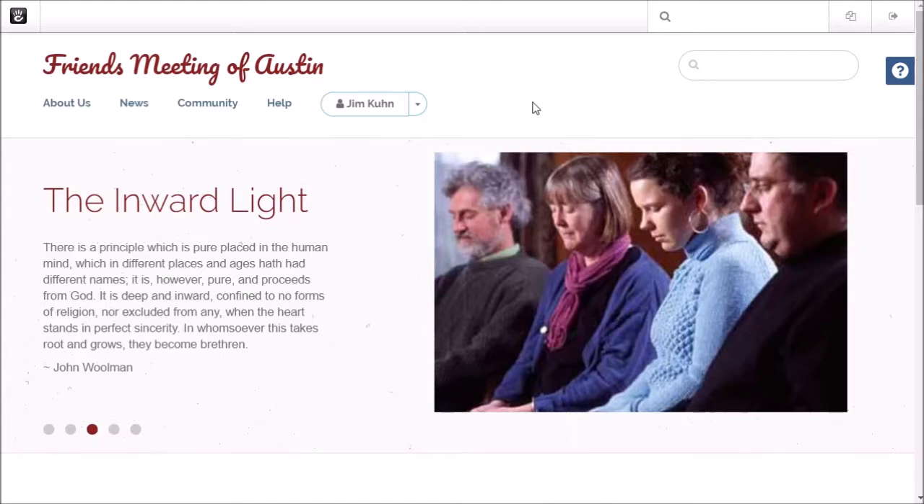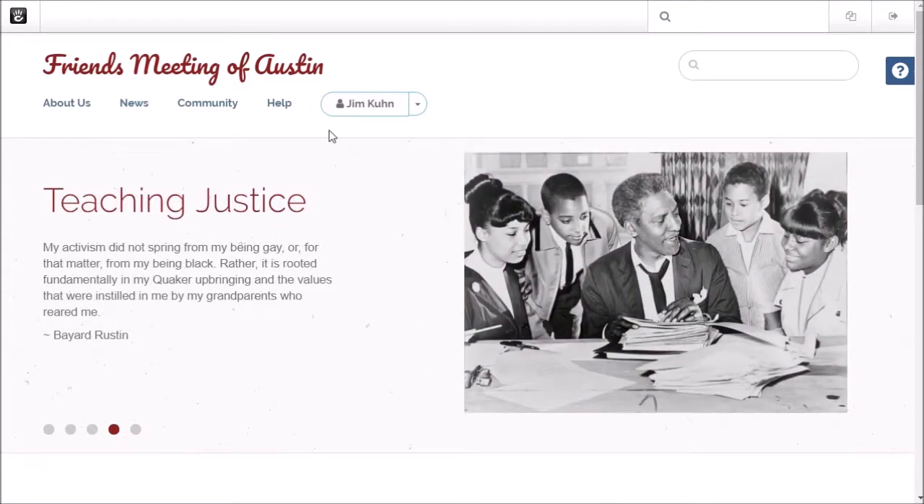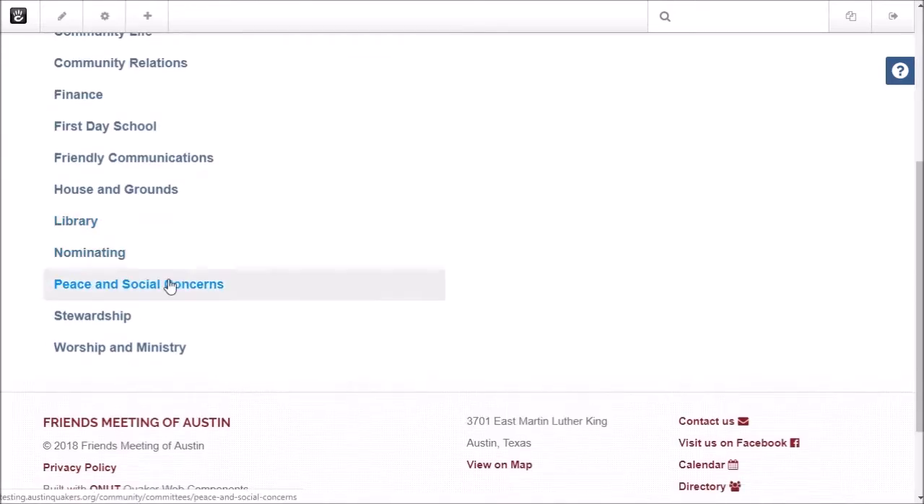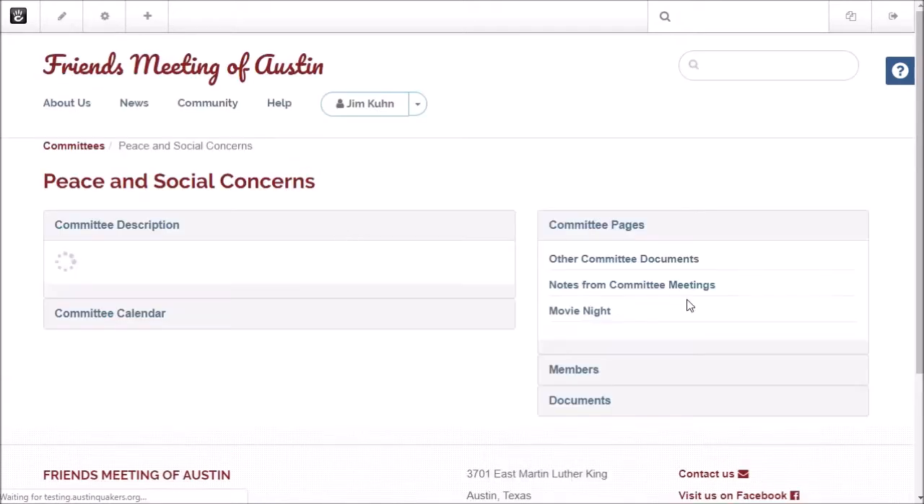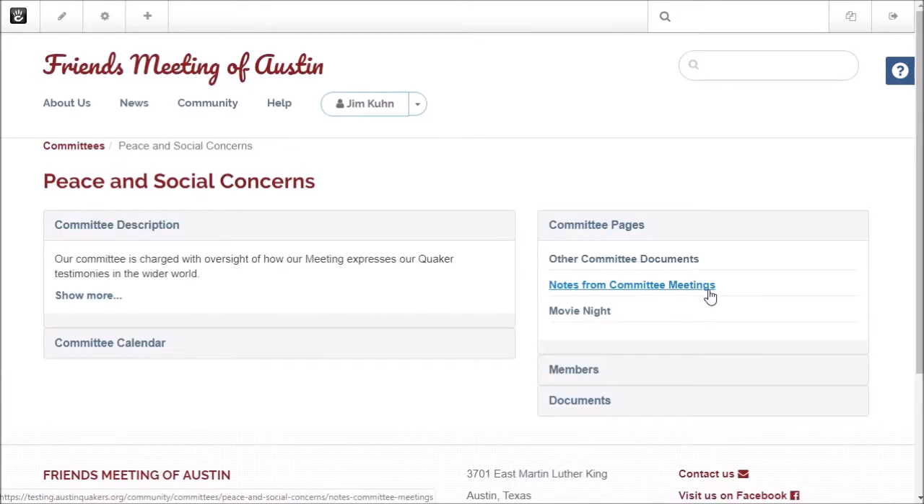For this session, we are signed in as Jim Kuhn, who is authorized as a moderator. So let's go to the committee's pages and select the Peace and Social Concerns page. The content for certain sections are drawn from the directories or other data sources such as the calendar. The members list